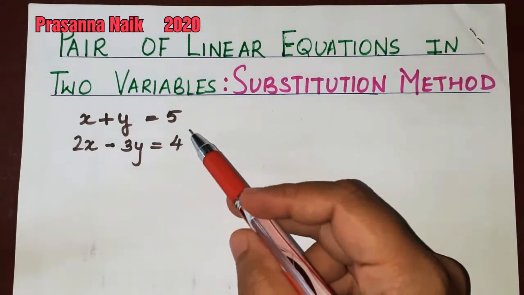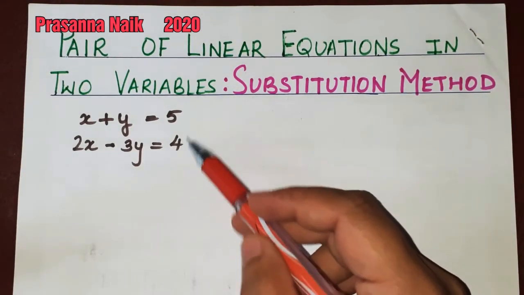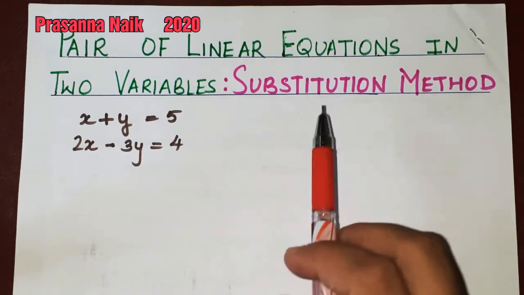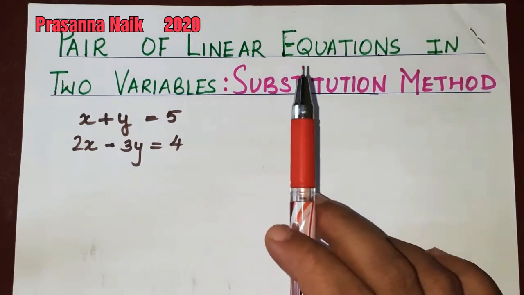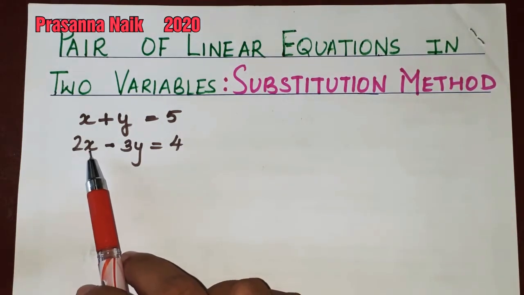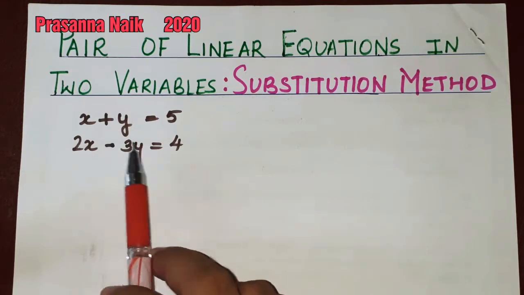So over here I have taken an example. Okay, these are two equations. This is my first equation, this is my second equation, correct? So we do these methods of substitution, elimination and cross multiplication in order to find the values for these variables, that is x and y, the alphabets which are given in this equation.